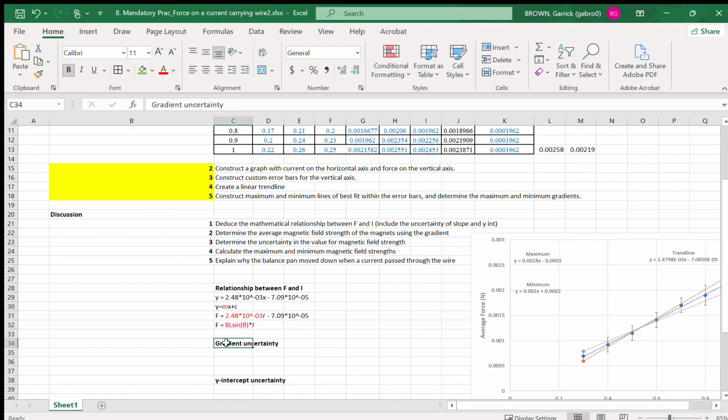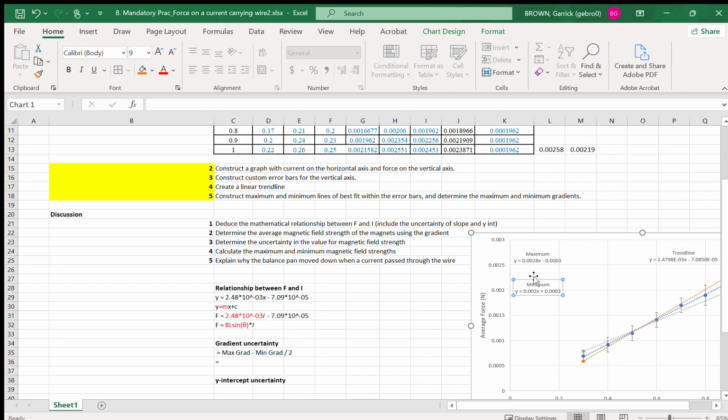So the uncertainty in my gradient, from our linear relationship of the trend line that fits through our data points, the uncertainty in that gradient is equal to max gradient minus min gradient divided by 2. It's like our range over 2, right? Our max value minus our min value. So our max is going to be equal to,